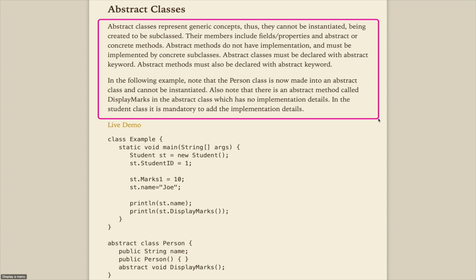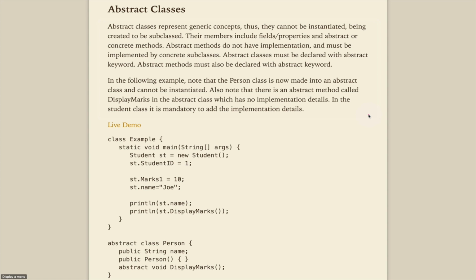You got that concept now? Sometimes we want to create a class which should not be instantiated but should only be inherited into a subclass. Also we have abstract methods which do not have an implementation and must be implemented by the concrete subclass. So now we understand why we have subclasses and the use of those classes. Sometimes you want to restrict that class to only be inherited instead of being instantiated. Simple as that.